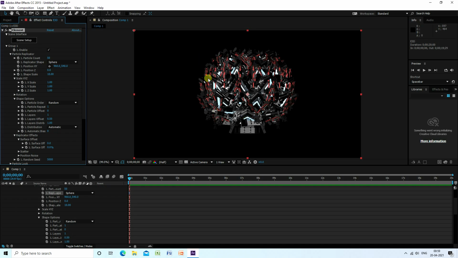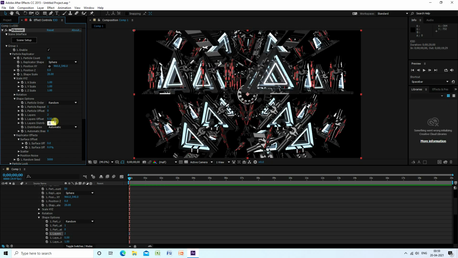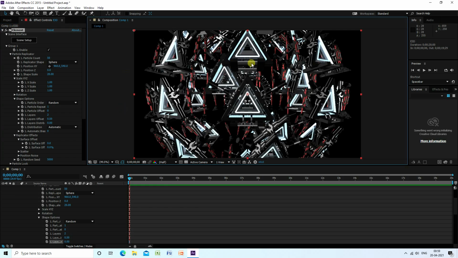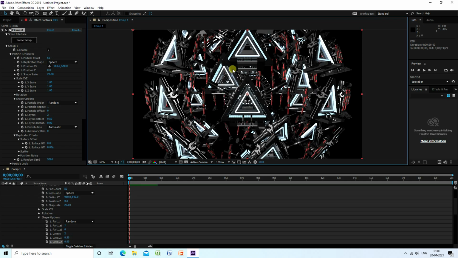Okay, and sphere scale size like double 20. And that's my shape option. Layer I like 2, and layer distribution like 0. Yeah, see guys, right? That's my cool effect.